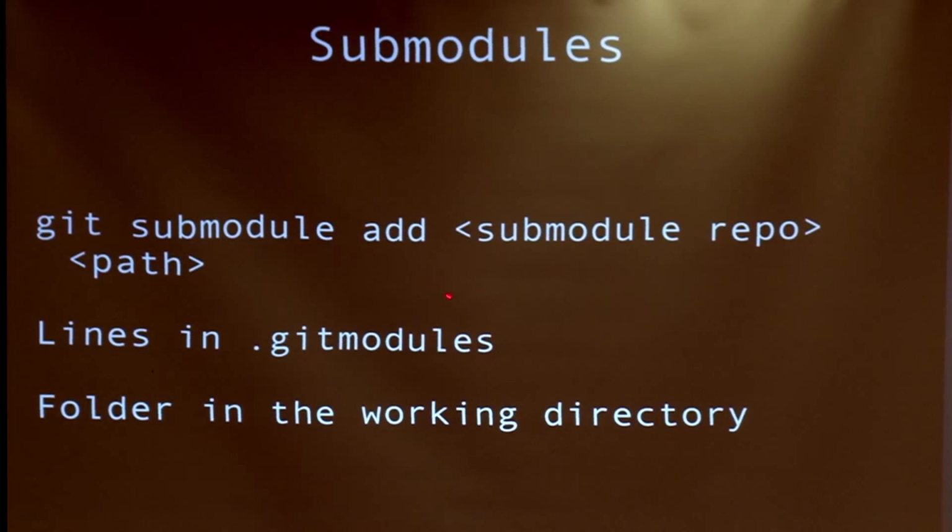Now, here you add the submodule reference from GitHub, for example, and the path where you want the submodule to go. What this is doing actually is adding lines in your .gitmodules file, which contains the information about the name of the submodule, where it's located as a folder, and the reference for its GitHub path, for example.